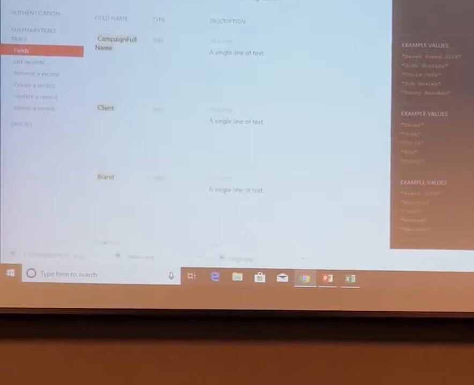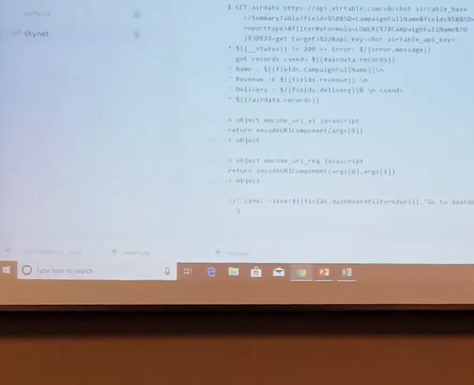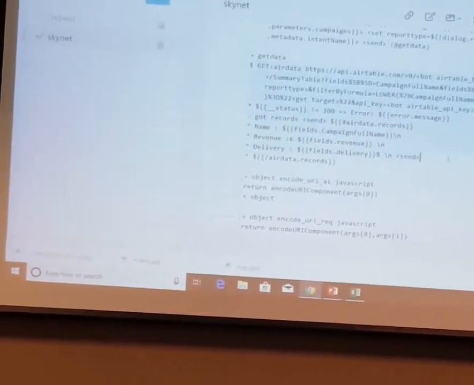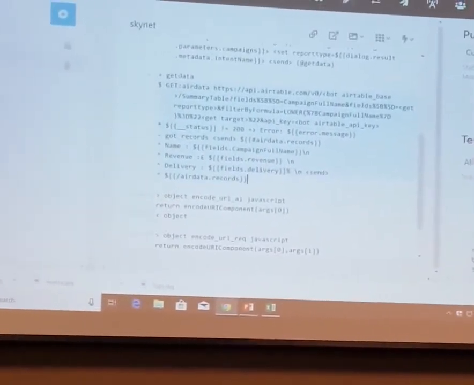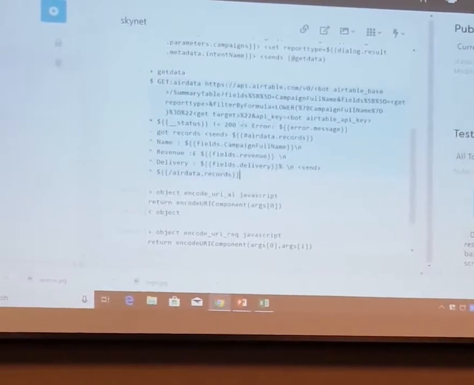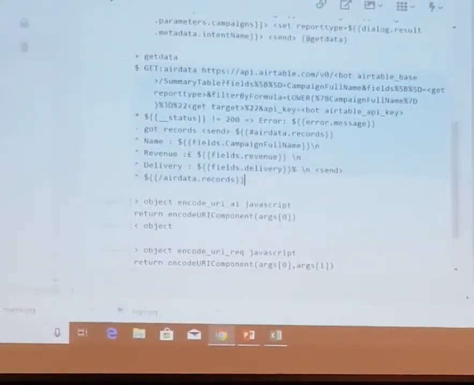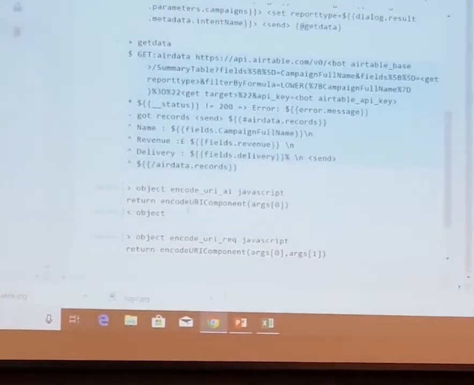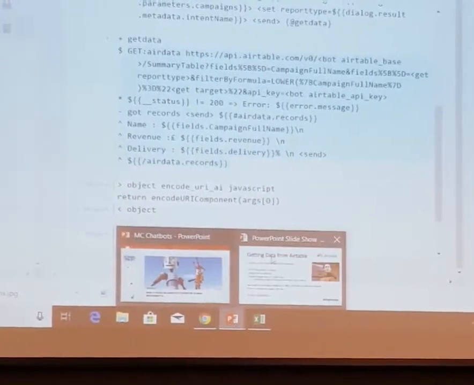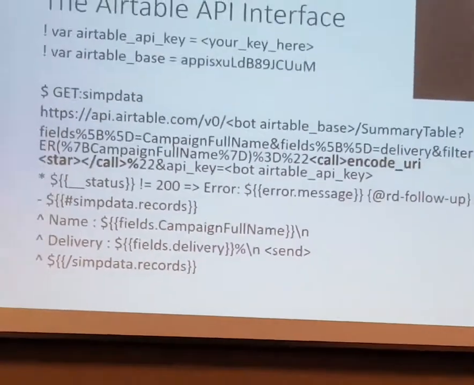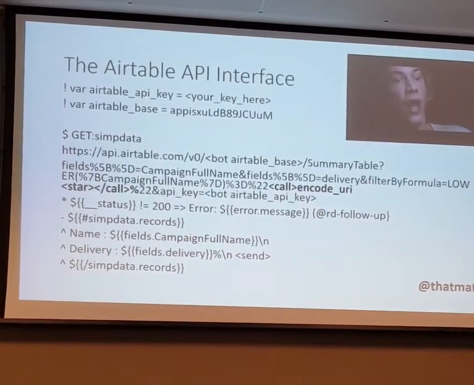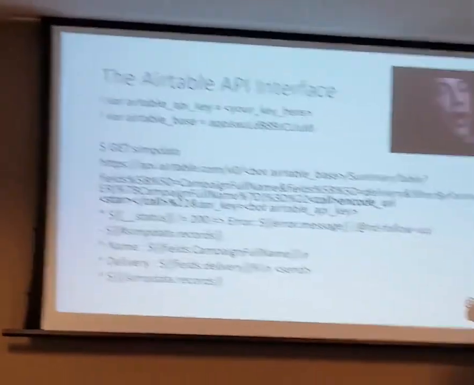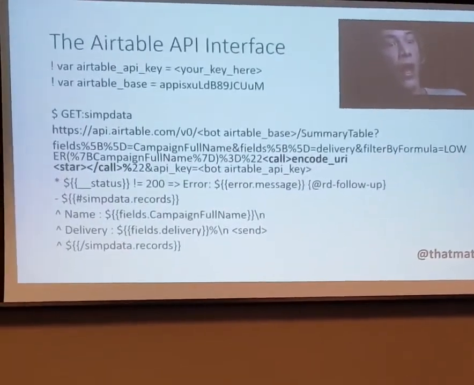And then I'll just show you the call in Dexter. So this is what it looks like. There's a lot going on there, so I'll break this down in a second. But this is a request to go and get the data from Airtable. So let's just break this down. We can have our variables. At the top line, you can have them as global variables for your bot. Then we have,